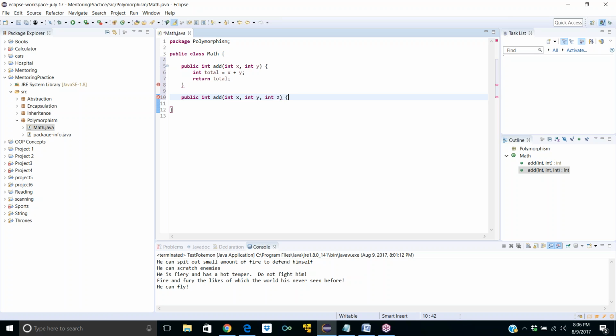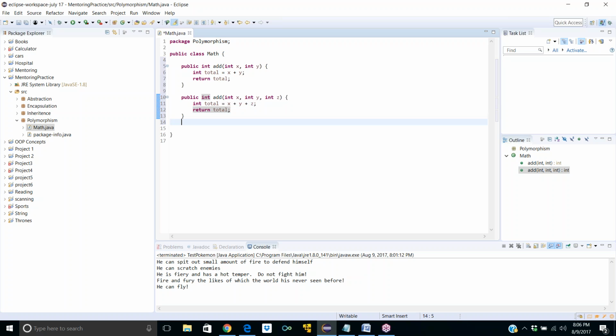Okay, we're going to open our curly brackets. We'll do int total equals x plus y plus z, and we'll have this one return the total,